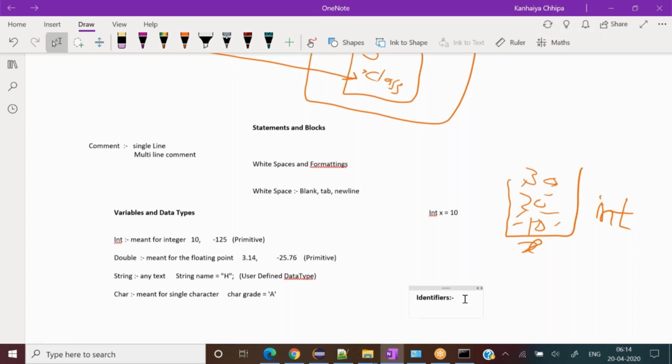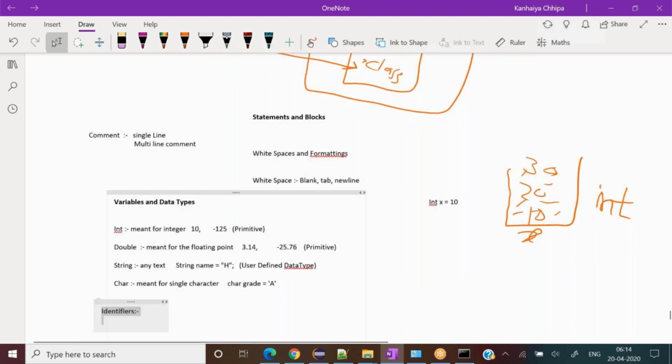Okay, now let's understand the identifier here. What is the meaning of identifier? Its name itself says that it identifies something.